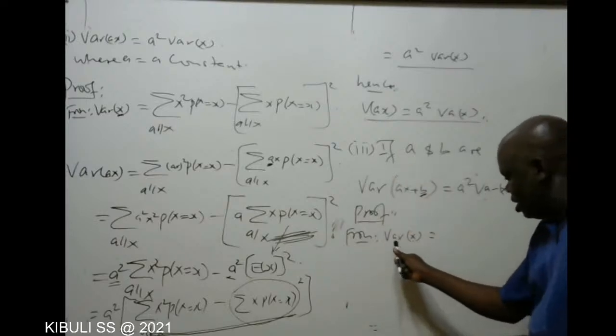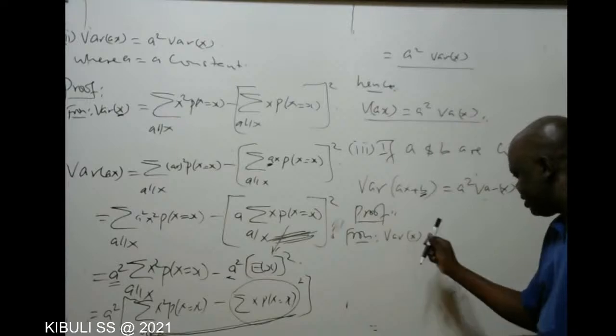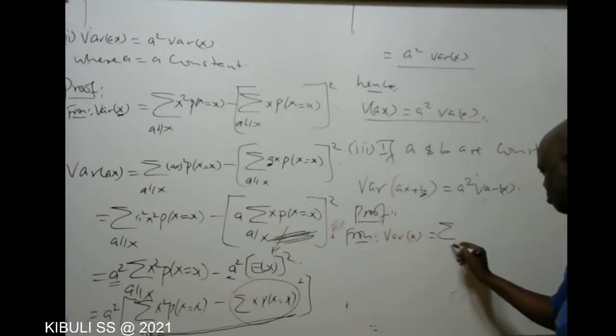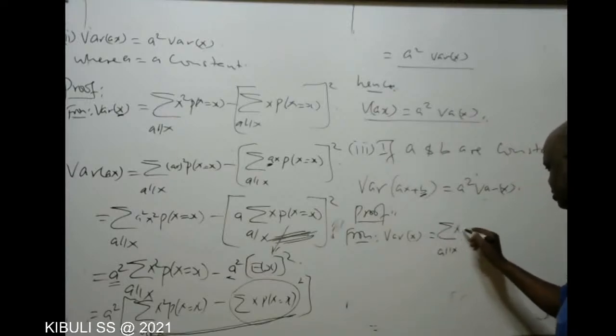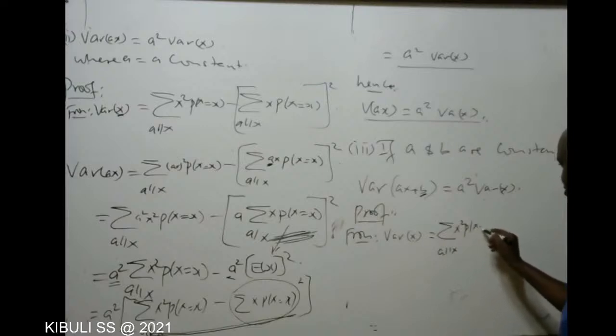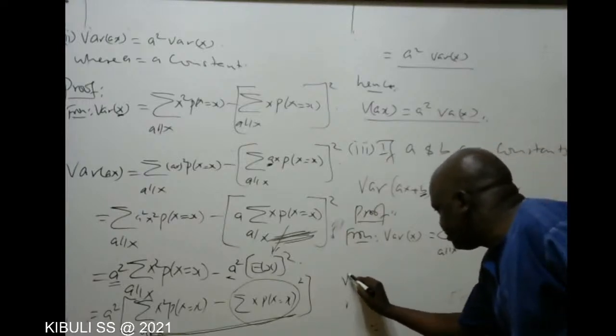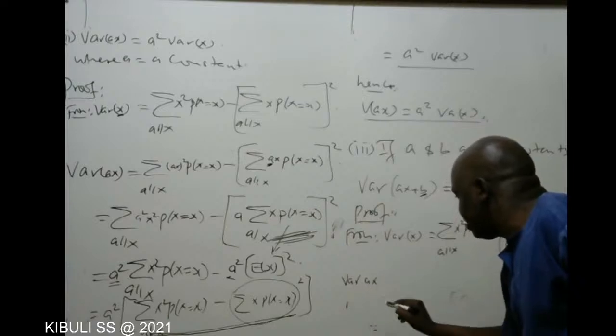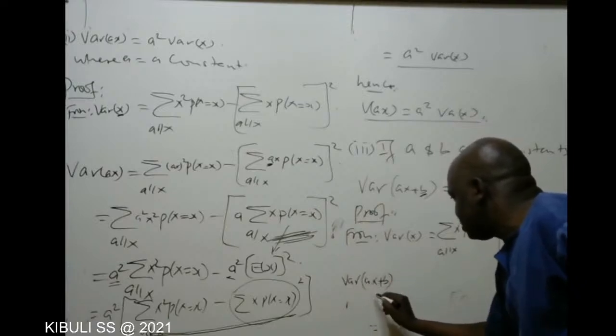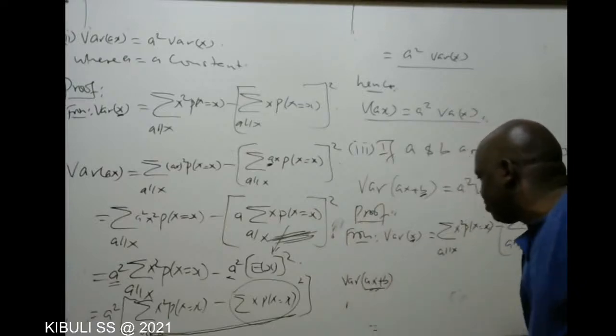So, from the variance of X being equal to the sum of all of X squared, probability of X is equal to X, minus the sum of all of X probability of X being equal to X, this one squared, we can say the variance of AX plus B, substituting this one in place of X,